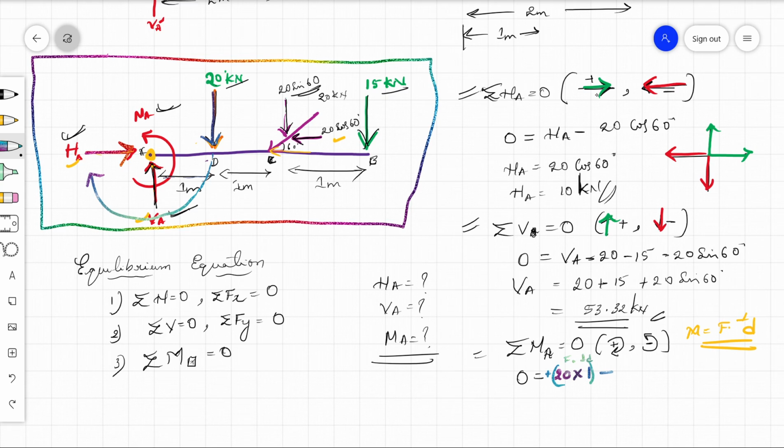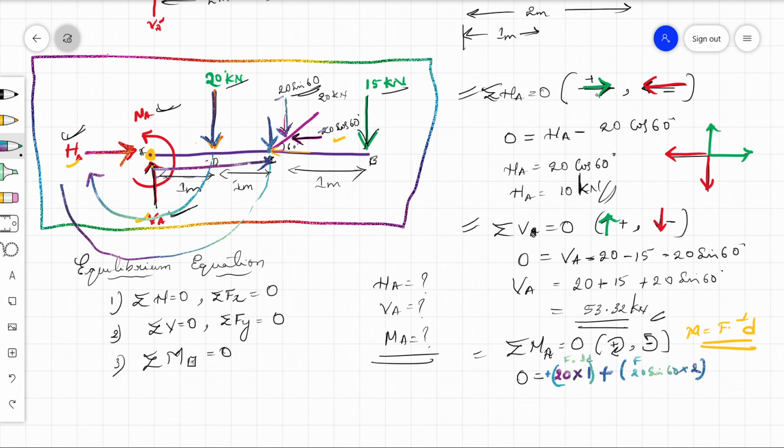Next is 20 sin 60, which goes over here. To show you, I have drawn it in this direction, but it will be somewhere over here. And this one's rotation is again clockwise. Remember, the force is clockwise, so it is positive. What is the force? That is 20 sin 60 degree. What is the perpendicular distance? This is the perpendicular distance, so that is 2.